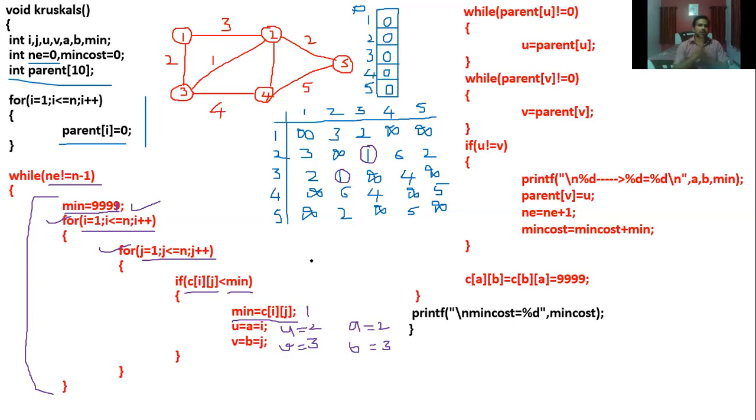Basically, in Kruskal's algorithm, in a simple way, all your edges will be ordered in ascending order. I'll keep on picking up the edge which is minimum, right? So I'm picking up this edge, this is the minimum edge, 2, 3, right? So straight away I cannot consider it because I need to check for cycle formation. If there is a cycle formation, I should not consider this edge 2, 3. To check whether there is an occurrence of a cycle formation, we have this particular condition.